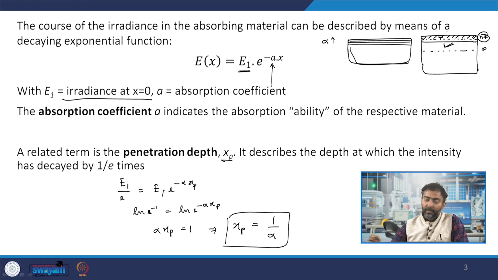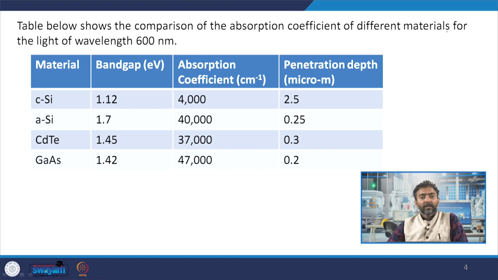So, let us compare different solar cell materials, some of the common or important solar cell materials, in terms of their absorption coefficients for light of wavelength 600 nanometer. This is important. As we go ahead with absorption of light, we will see that this absorption phenomenon is sensitive to the wavelength of radiation we are talking about. So, at different wavelengths the absorption coefficients will be different, and this table shows the absorption coefficient for light of wavelength 600 nanometer. The reason why we are talking about 600 nanometer initially, why not 400, 500, 800